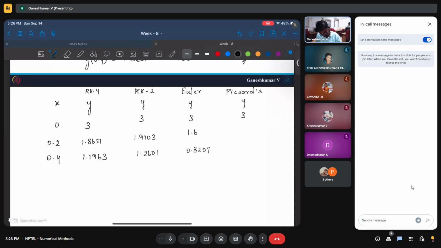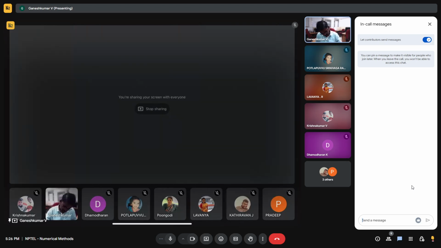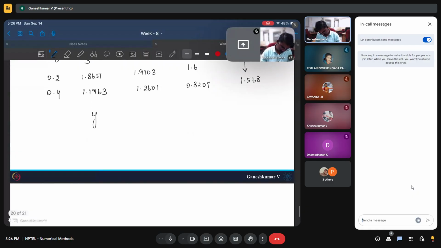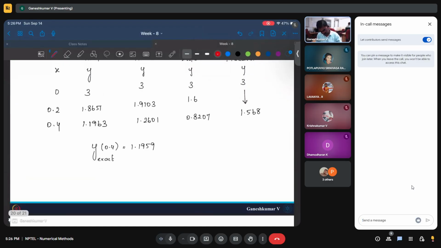So this one, I think we didn't really do each and every step size, so let me write down finally. We directly went here, 1.568. However, your exact solution at 0.4 is 1.1959. So we can see for the same step size,